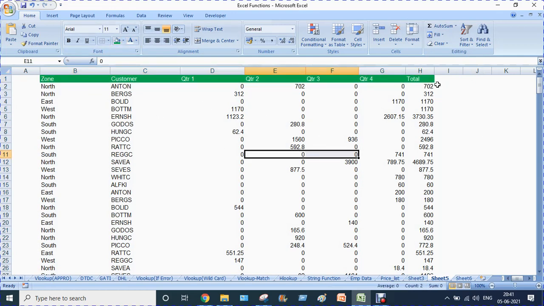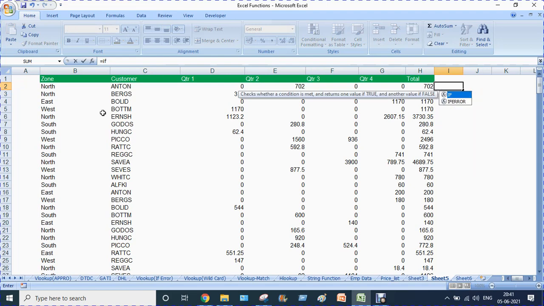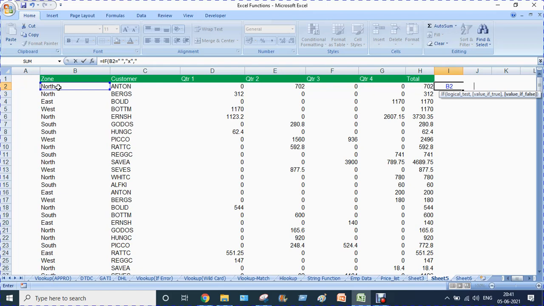First of all, the logic should be that if this particular cell has a value, only then border it. If there is no value, if the cell is blank, then no need to border. So we have to write a small formula which says equal to IF, logical test: this particular cell value equal to space. If this is space, meaning if this is blank, then give me x, or else give me y. As simple as that. Give enter.